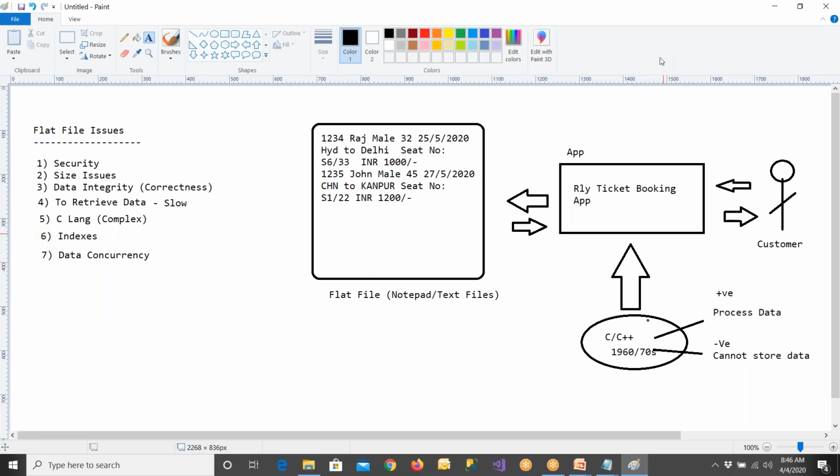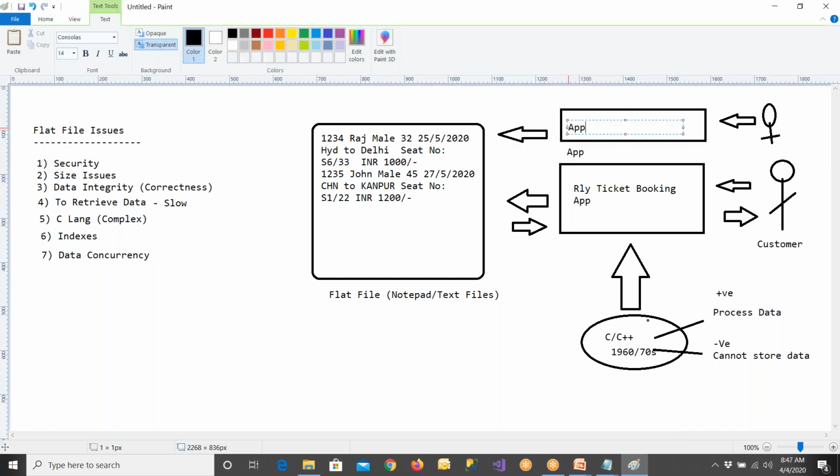Now let me come to our situation. What do you mean by that? The same file: one guy is trying to book train tickets, and when you go to the reservation counters, you have one more guy. This is also one more application, one more counter. So you can also go to this counter and try to book tickets. You are going here and trying to book a train ticket at 10 o'clock in the morning. Whether you book the train ticket or this guy books it, every time this application is writing the data to the same flat file.